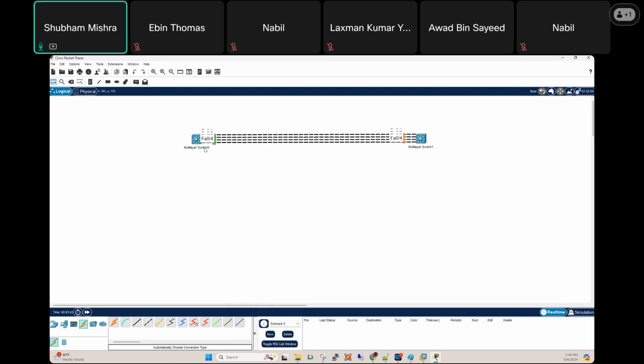Anyone who does not understand? Everyone understand now? Right now I haven't done anything else. I just created the trunk port between switch number 1 and switch number 2. Now